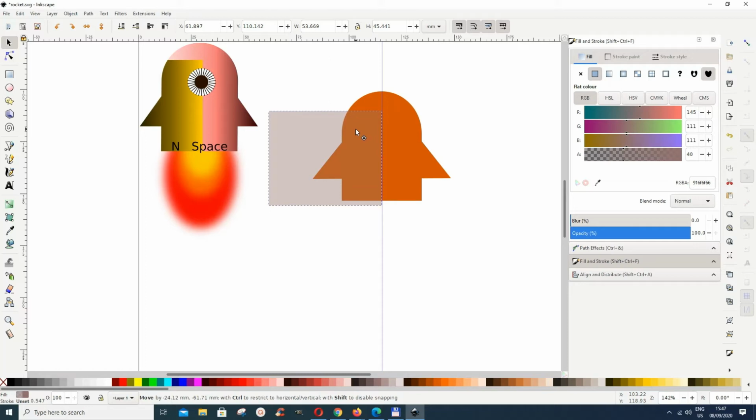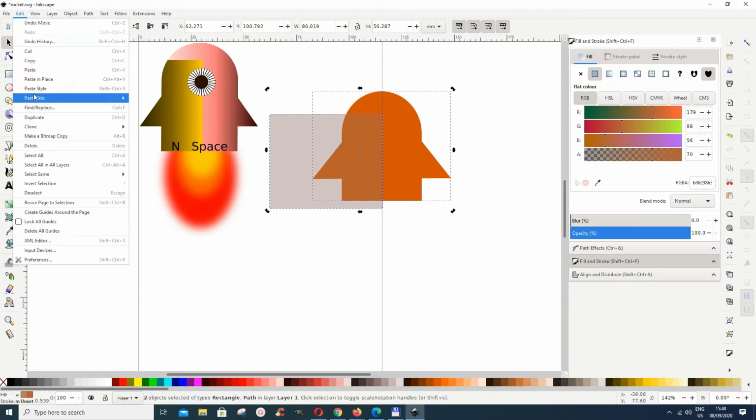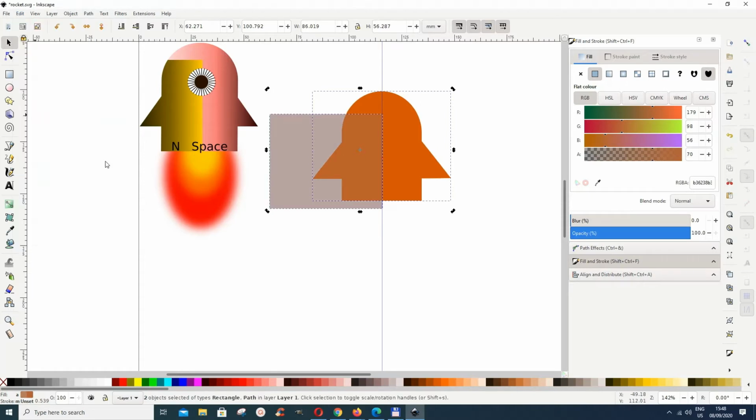Then I will cut and do some operations with it. Let's see here. Yeah, I think this is good. First, we select this, go to shift and select this one, and then we do a duplicate. So we go to edit and then we do a duplicate, and then the duplicates we are going to